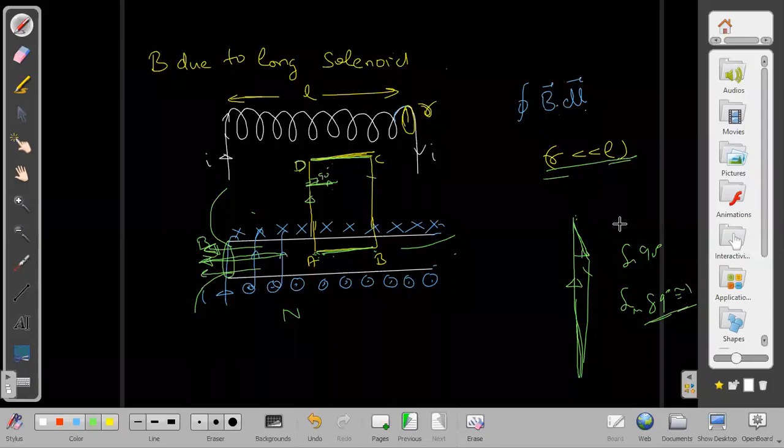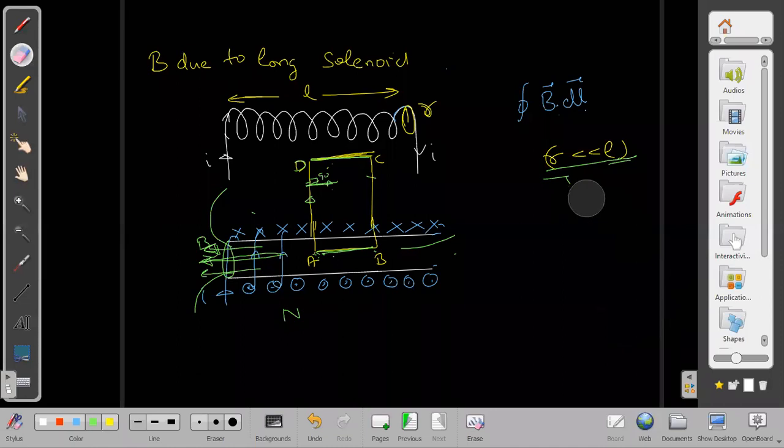And in order to form this angle, if I say R is of the order of millimeters and this distance is, let us say, 1 centimeter and this is 1 millimeter, then 1 centimeter upon 1 millimeter will again be a large value, so the angle will be more than 89, maybe even more than 89.9. It will be much larger angles. Therefore A and B are nearly the same points having the same field. Similarly, all other points between A and B will also have the same field. Let that field be B.